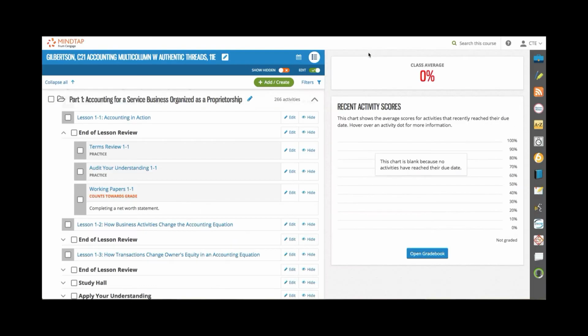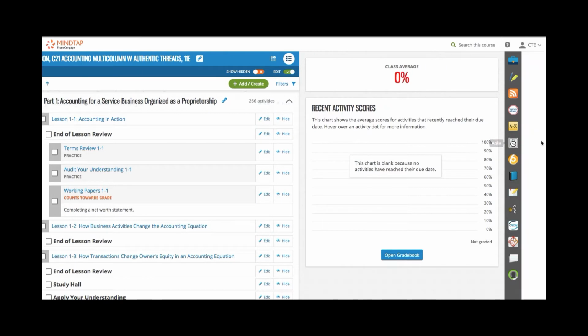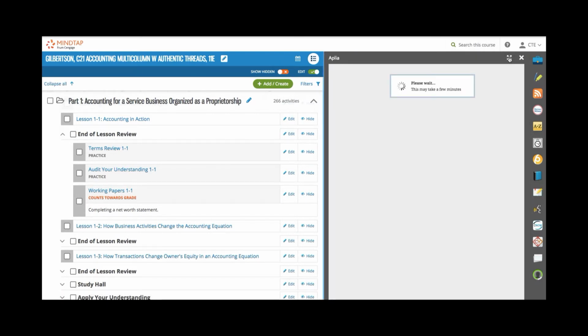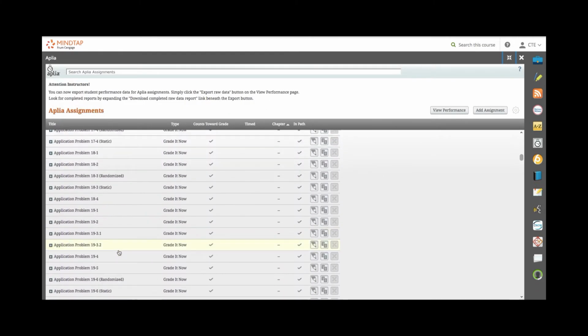I want to show you how to apply settings using the Aplia app over on the right, and this is actually going to give you more options. So if I click the Aplia app, I can always make it full screen by clicking this little icon, which is nice. And once it opens up, I get a list of all of the Aplia online working paper assignments